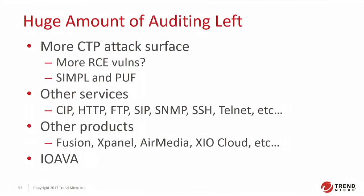And as usual with these kinds of projects, I've got lots of work that I still need to do. There's lots of stuff still on the CTP platform. There's way more vulns that I haven't scratched the surface of yet. But there's also the simple programming language that might be good to audit, the PUF files, which are the firmware files, and then a crazy amount of other services listening on these things, like CIP, HTTP, SNMP, you name it. And then, of course, they've got a slew of other products, like XIO Cloud would be cool to look at, and